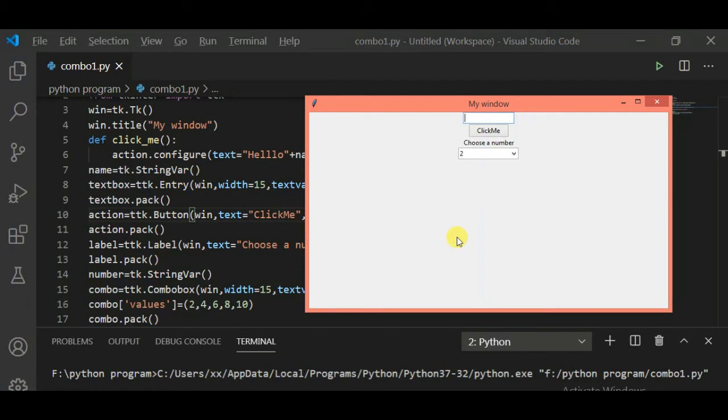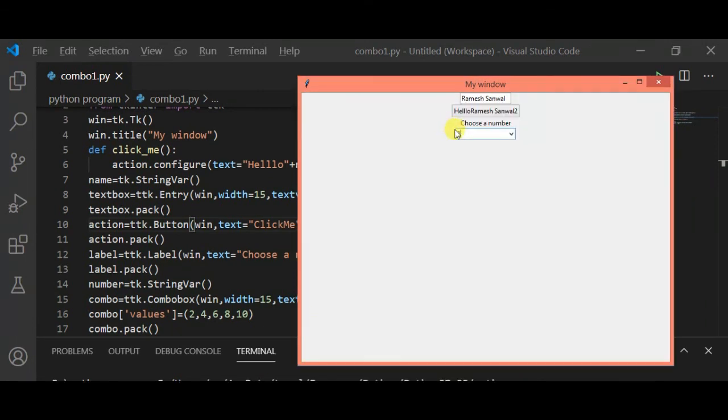I am providing my name here, and then clicking the button. It combines all the text from the text box and the combo box. You see here you can change the value of the combo box.